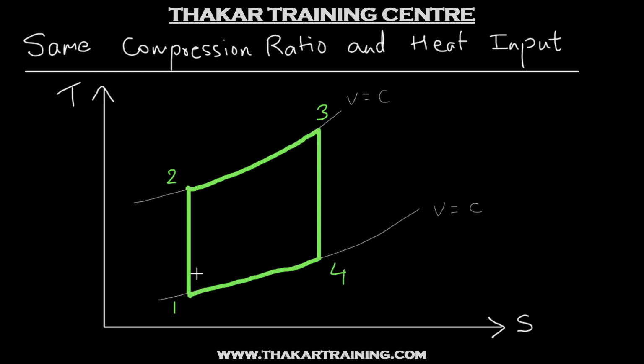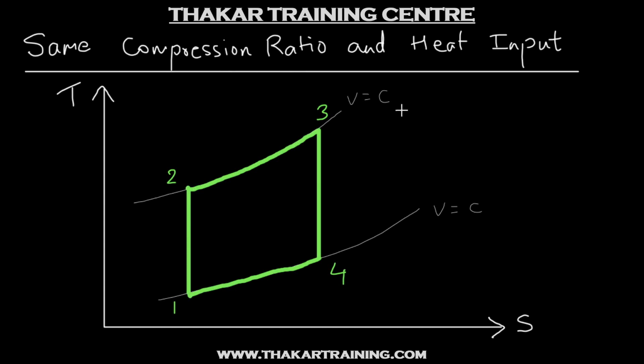So what I'll do now is draw the diesel cycle and see how it will differ from the Otto cycle for the given conditions. For the same compression ratio, process 1 to 2 will be identical for the diesel cycle as well. So we'll end up with point 2, which is over here for the diesel cycle. Then what type of heat addition process is there in a diesel cycle? It is at constant pressure. So at point 2, I'll draw a constant pressure line.